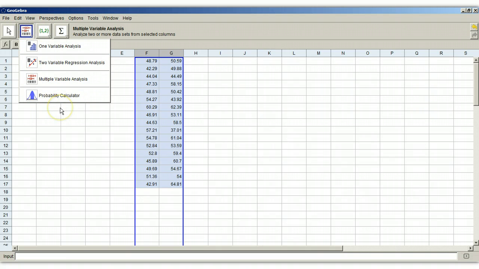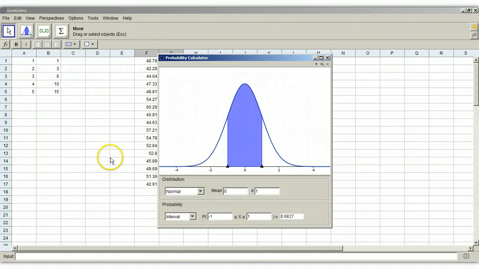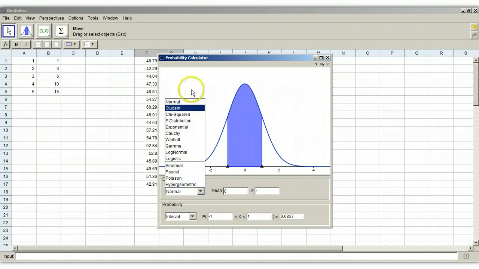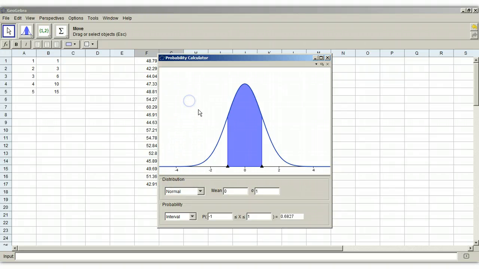The last of the new possibilities on this spreadsheet that's really wonderful is the probability calculator. And here you have options: normal, student, chi-squared, F, exponential, Cauchy, Weibull, gamma, log normal, logistic, more distributions than I'm aware of. The normal I understand,